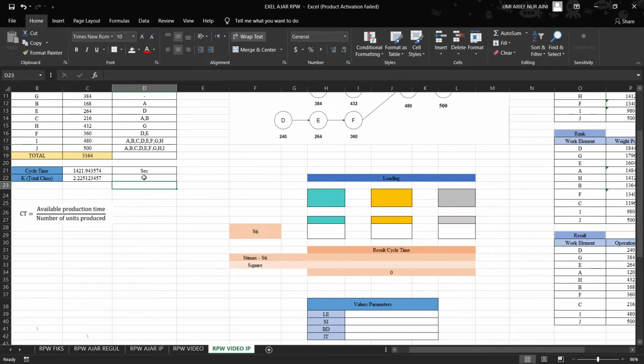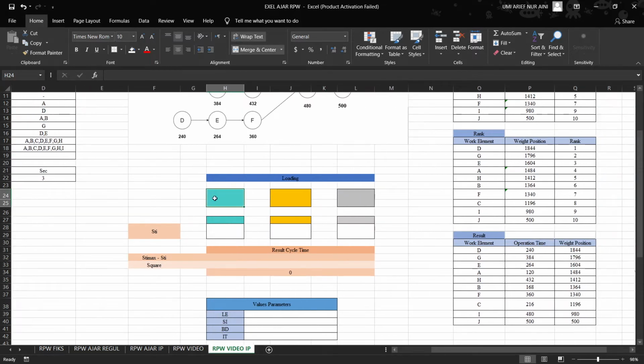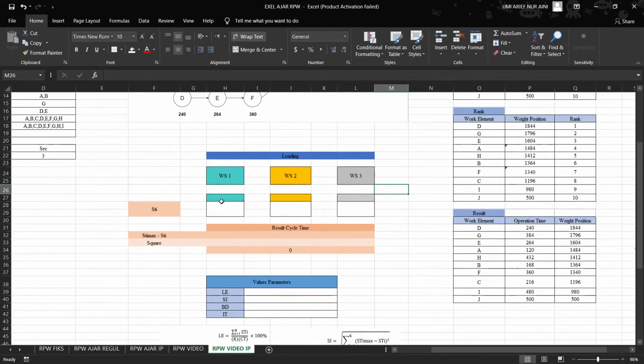So you can type the columns WS1, WS2, and WS3. For the loading, after we get the 3 workstations like this, you can include the total time for every workstation.